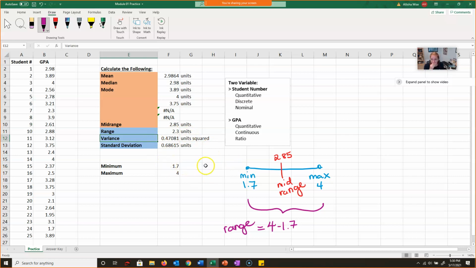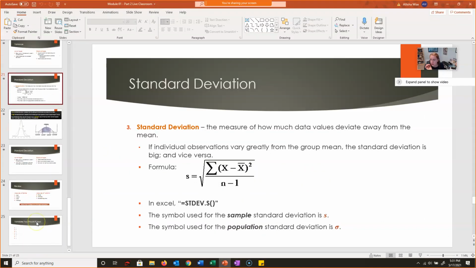So again, remember that we talk more about standard deviation and the mean as you get to module 2, 3, 4, 5. We talk about that a little bit more, so it'll make more sense. But for right now, the only other thing that I wanted to talk about